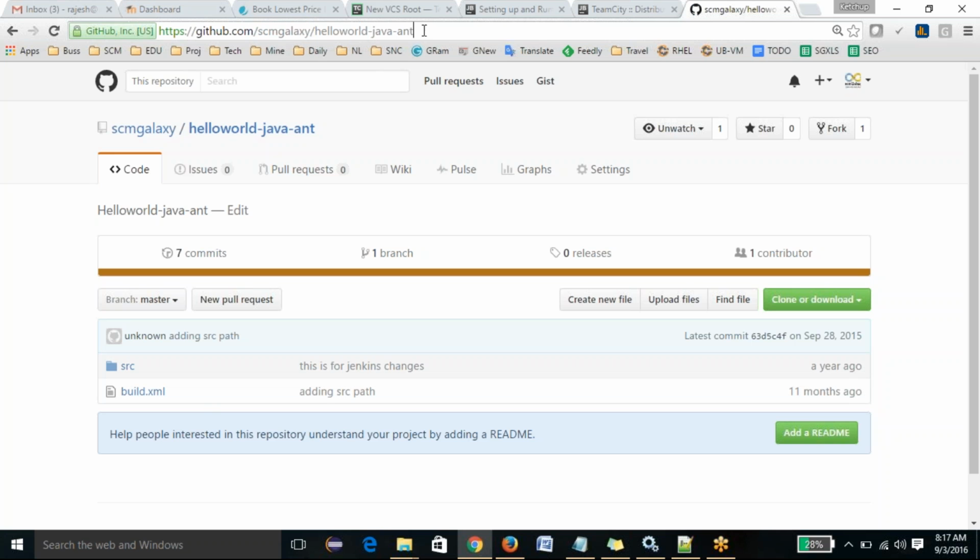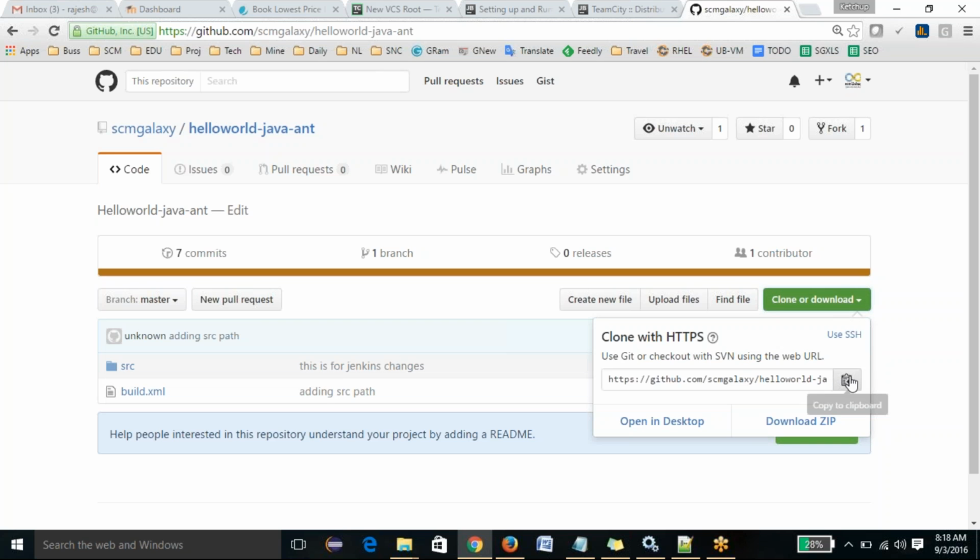So as of now, all of my source code is located in my repositories at github.com/scmgalaxy. You can go to github.com and use SCM Galaxy as a tab also. So now I just click on clone, take the HTTPS URL, copy it, and go to my